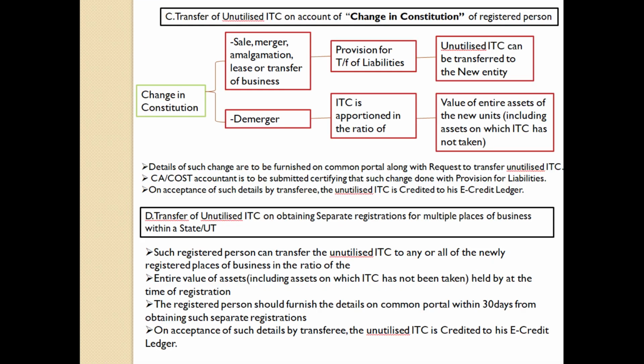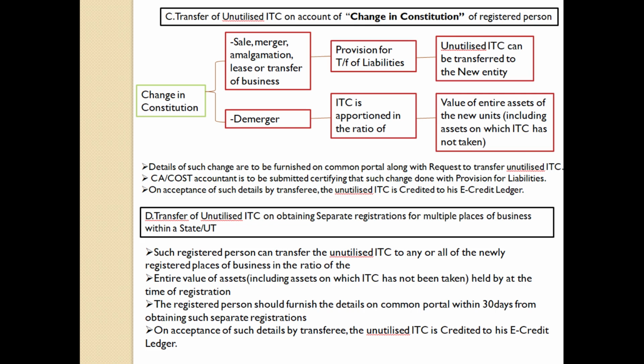And the next circumstance is the transfer of unutilized ITC on account of change in constitution of a registered person. Such change may be in the form of sale, merger, amalgamation, lease, transfer of business, and also demerger. Apart from demerger, for unutilized ITC to be transferred to the new entity, there must be a specific provision for transfer of liabilities, and after completion of the given 2 points, the unutilized ITC is credited to his electronic credit ledger. The points are